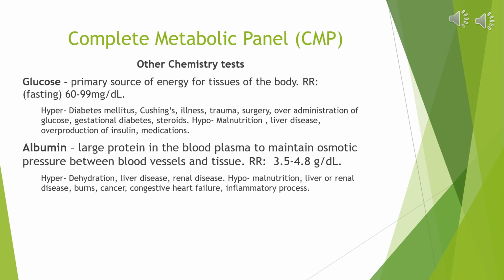Albumin, this is a large protein in the blood plasma, and it's used to maintain osmotic pressure between the blood vessels and tissues. You can see a normal reference range there. In elevated albumin, you may be thinking the patient is dehydrated. Again, think maybe it's concentrated. Liver disease and renal diseases. A low level of albumin, possibly malnutrition, liver or renal disease again, burns, cancer, CHF, or maybe there's an inflammatory